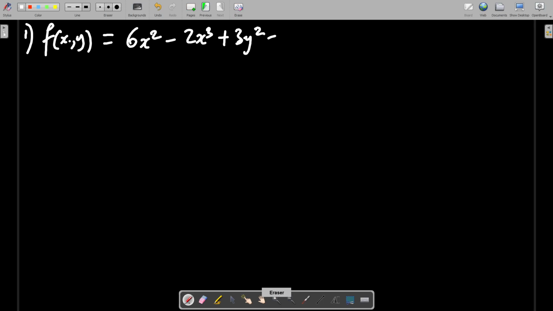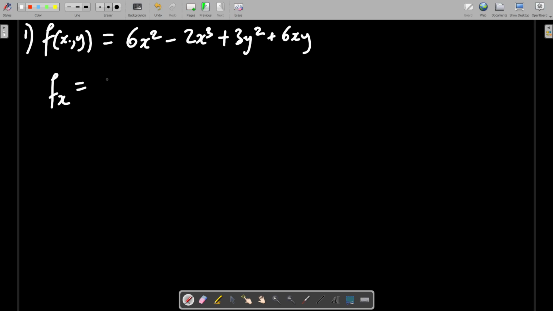So the first one we'll start with is f of x y is equal to 6x square minus 2x cube plus 3y square plus 6xy. So the first thing for us to do is to find the critical points. So how to find the critical points? First find the derivatives,